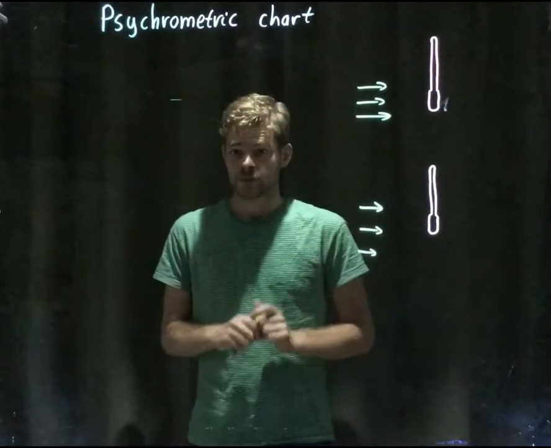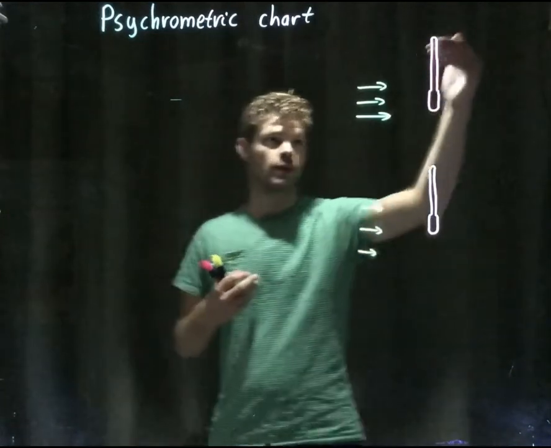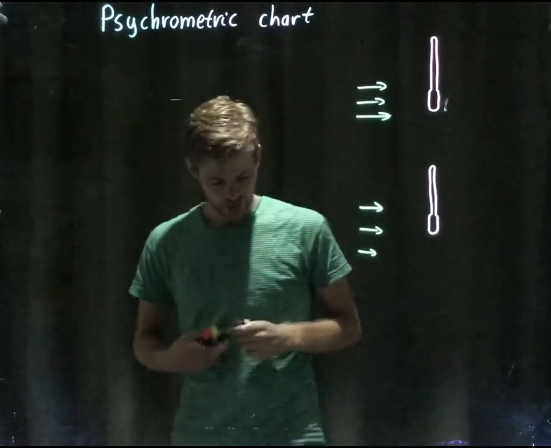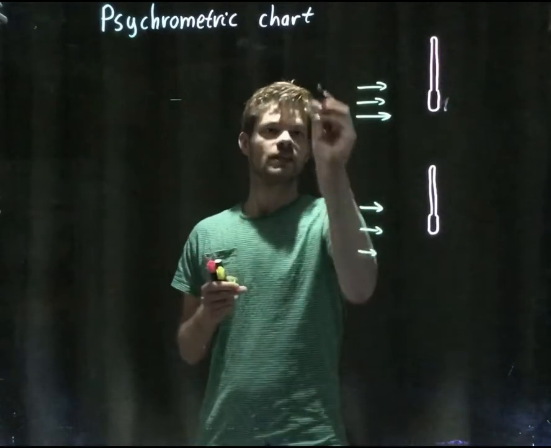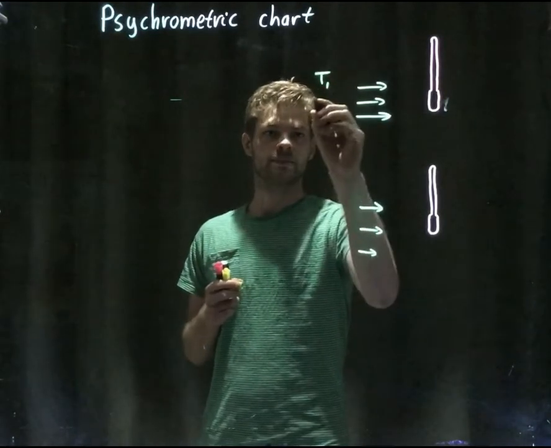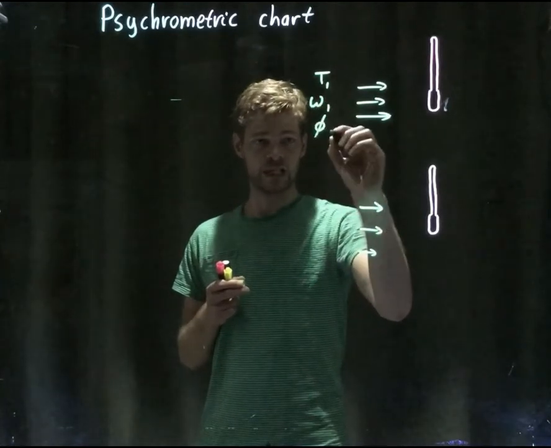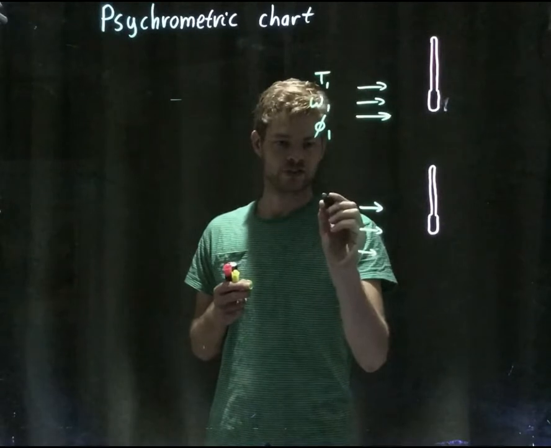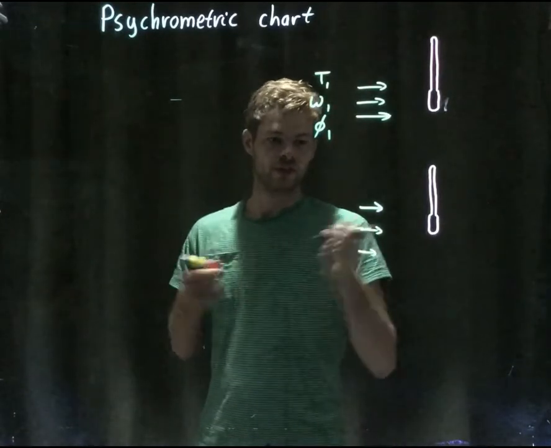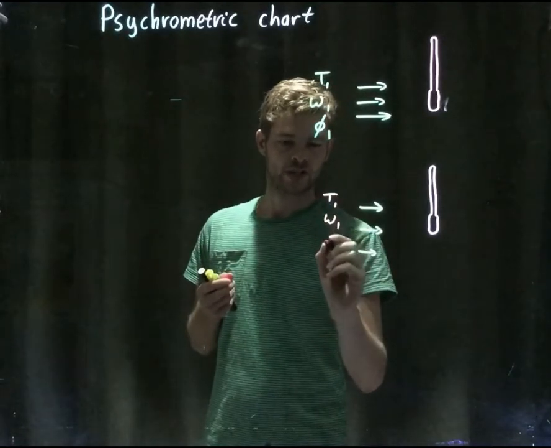But the first thing we need to do is to look at two thermometers. I've got one here and one over there. And over both of the thermometers an airflow is flowing. And actually it has temperature T1, specific humidity omega1, and relative humidity psi1. And the same happens over here. So the conditions are actually the same,